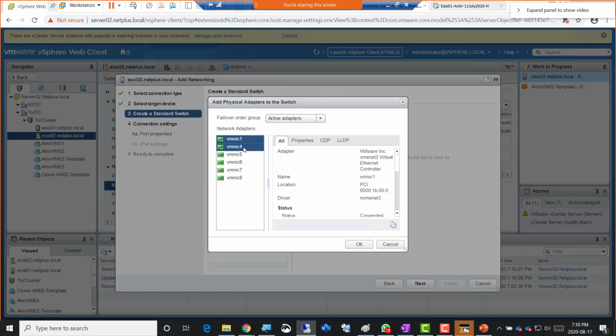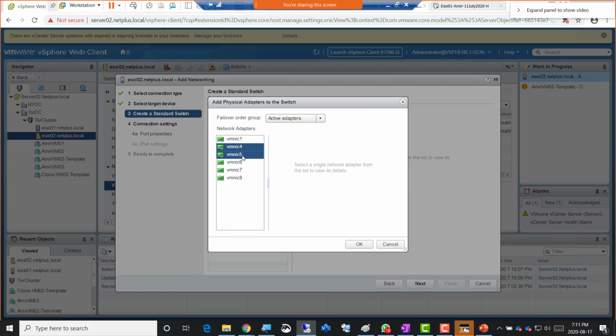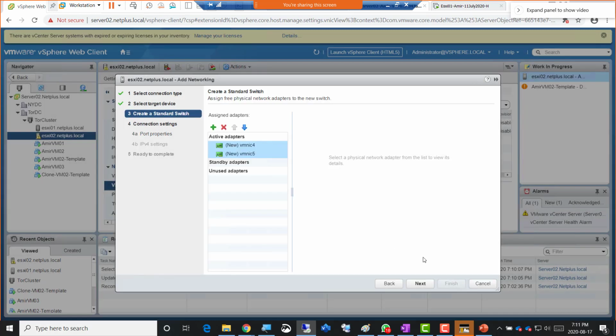Just to be clear, I see here Vmnic 1 as well as 4, 5, and I remember that I clicked 4, 5 there. Technically, you can select 1 and 4 here and 4 or 5 there, and it's not going to matter. Just for consistency, we're going to stick to 4 and 5. So press shift and select here, just for the sake of consistency or same configuration. Let's select the same network cards. Otherwise, technically, you can select any other network cards as well, and it's going to work. So let's click next,